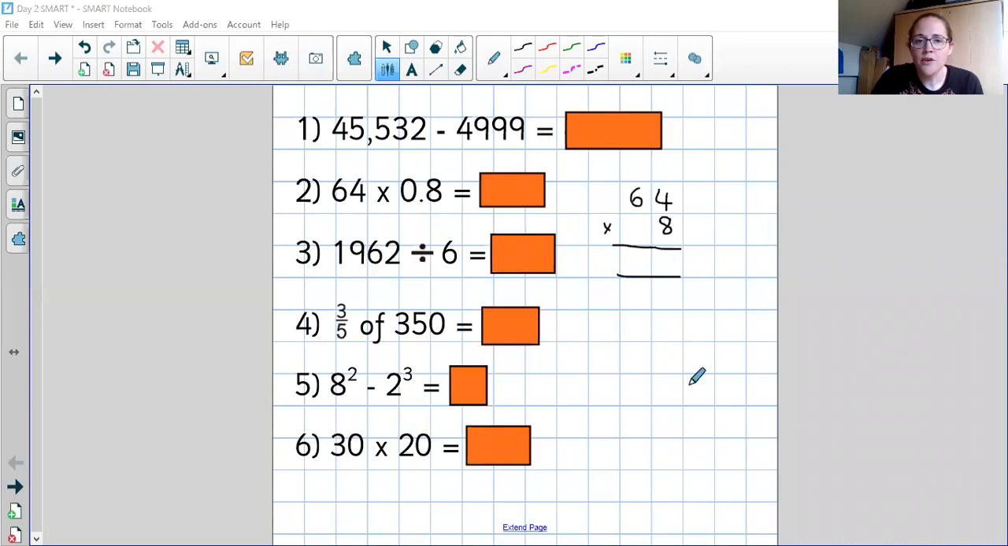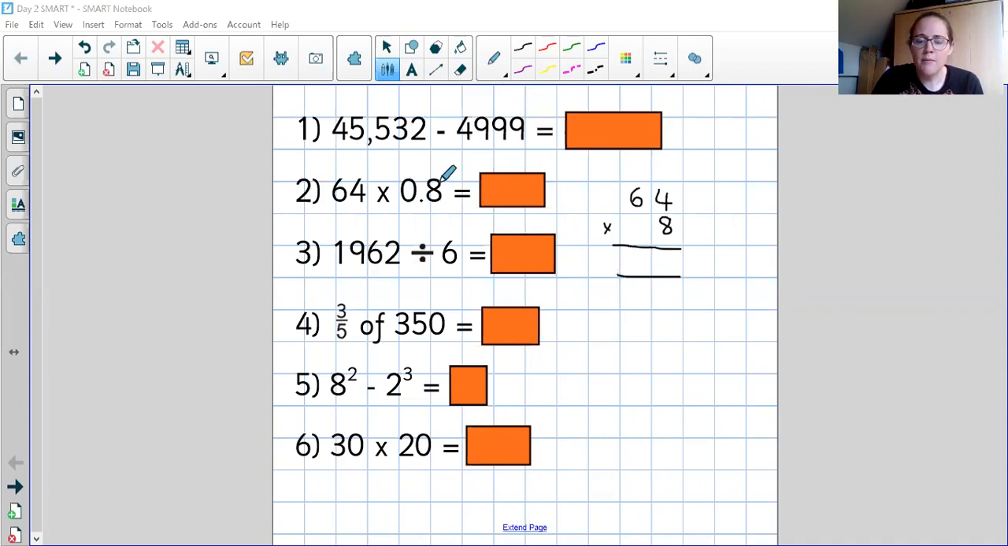Number 1, you might initially think you want to use column method, which you can, but I would just encourage you, if you can, to see whether you could do something different with 4,999. And my clue is that it's 1 away from 5,000. Number 2,